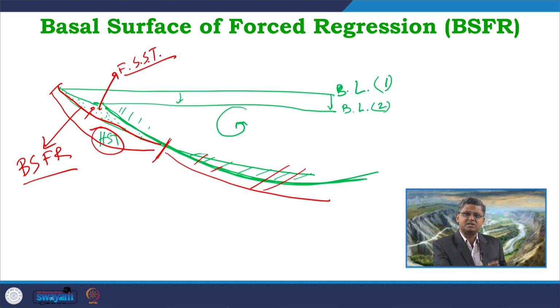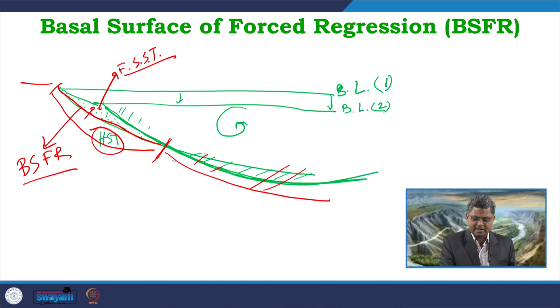So, we get the preservation of BSFR only to a limited extent and particularly within the shallow marine part, because if I continue into the fluvial part, it is not continuing there, since fluvial incision or bypass is going on, which will lead to the formation of an unconformity surface. So, there the preservation of BSFR is not possible. We cannot expect preservation of BSFR in that particular area.